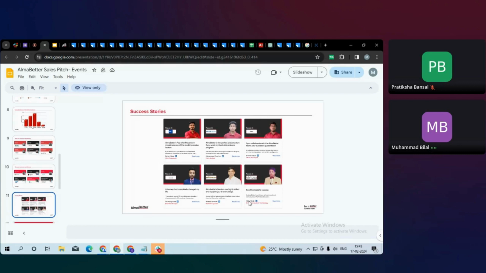At AlmaBetter, most of our co-founders have already worked in the industry for around 7 to 8 years. They have great experience, and we don't want to be a jack of all trades and master of none, so we have a specific focus on data science only. Anybody who is serious and dedicated about their career, even with a background in BSc, BCom or BA, can enter the data science domain and get a job. If you see the success stories, some people are from non-IT backgrounds like BTech electronics, BSc or BCom. They got placements, right?